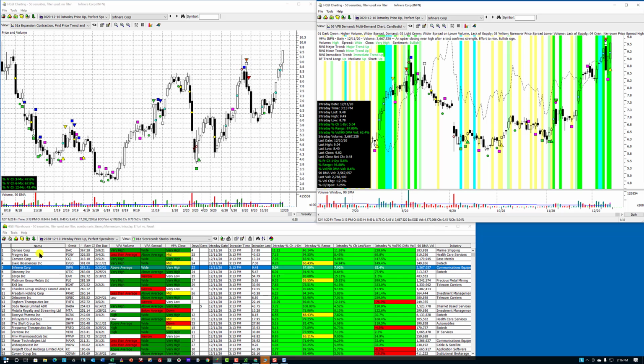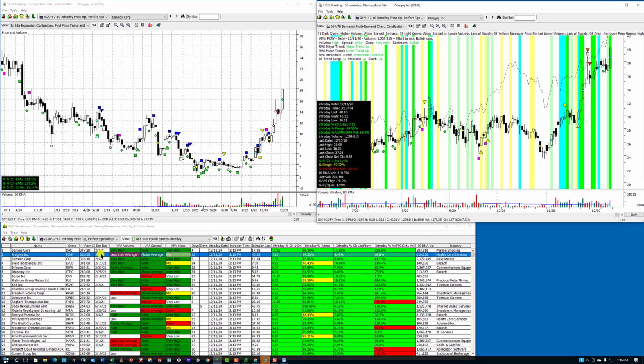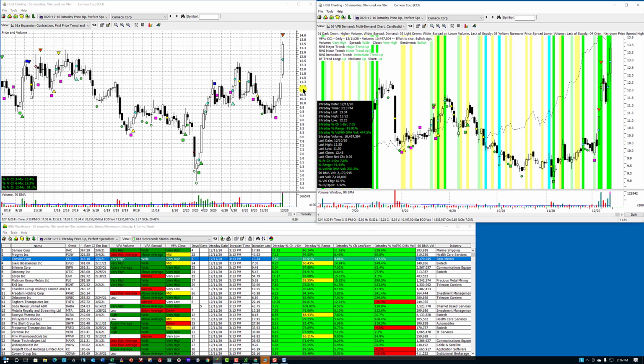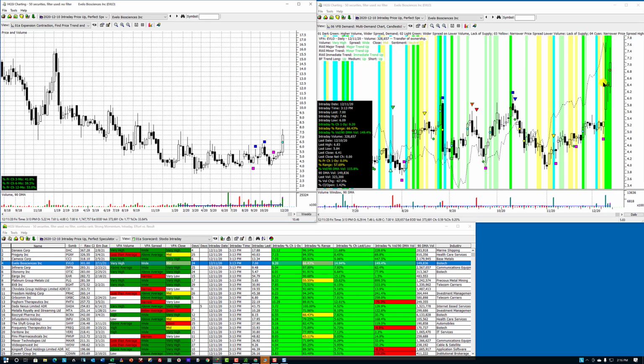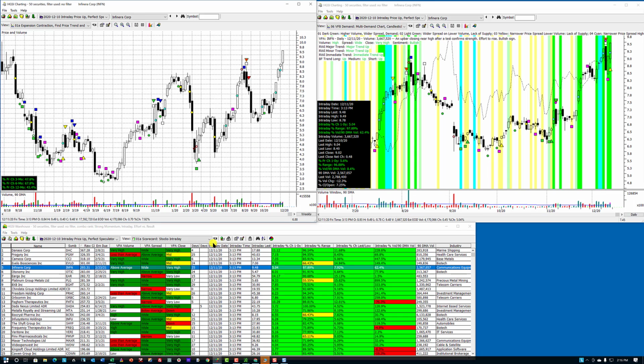I haven't been pointing out the breakouts, so let me go back and do that. New weekly high here, new daily high. New weekly high here, new daily high. New weekly high there, new daily high. But this is where the strength is, and these perfect speculator scans do an excellent job of pulling these up